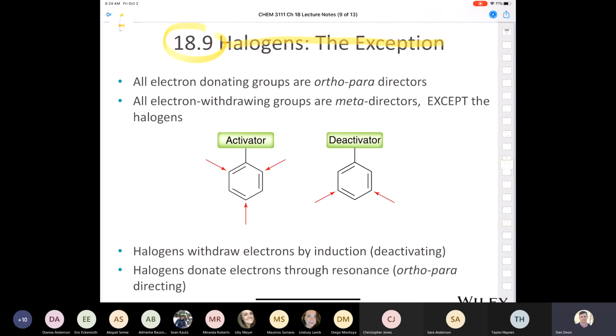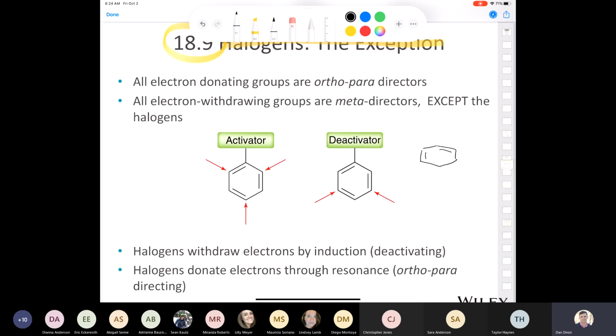If you think about a halogen on an aromatic ring, let's just draw one out here. We'll put a chlorine. Well, chlorine is a pretty electronegative element. What's the electronegativity of chlorine? It's around 3.5, something like that. No, sorry, it's around 3. Jeepers, Mr. Deon. Gotta wake up. Okay. So the electronegativity of chlorine,